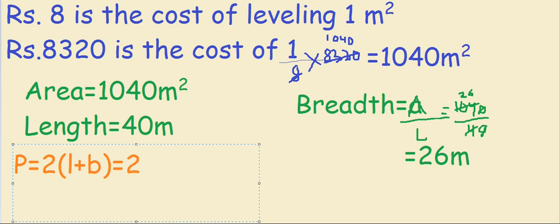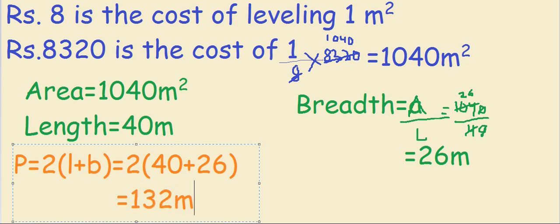So length was already given in the question, so in place of length, I'll substitute the value that was given, 40, and breadth I've got 26. So 40 plus 26 is 66. 66 into 2 is 132 meter. So I have got the total perimeter 132 meter, and since the cost of fencing here